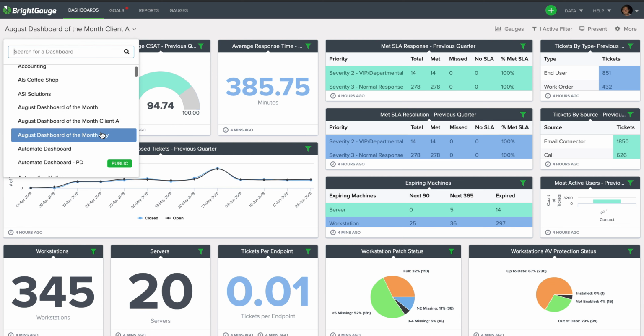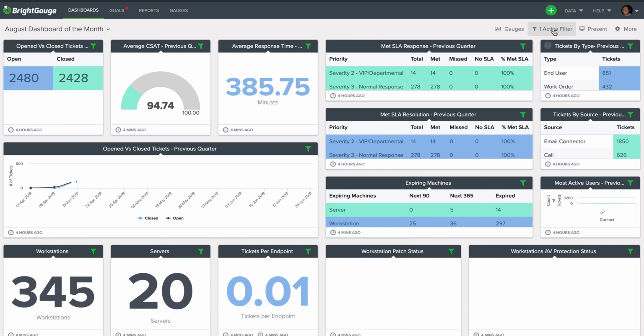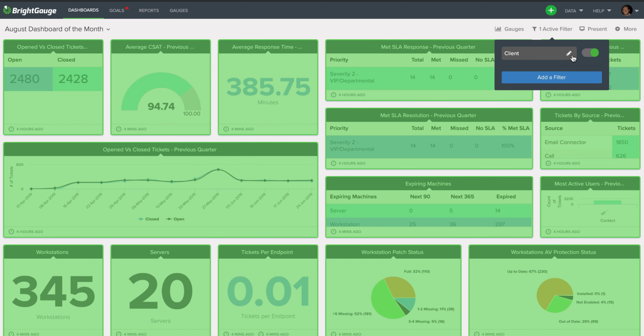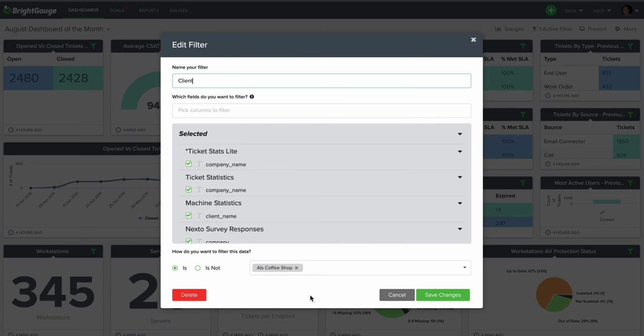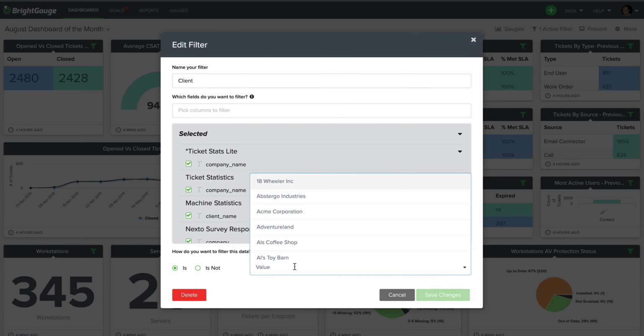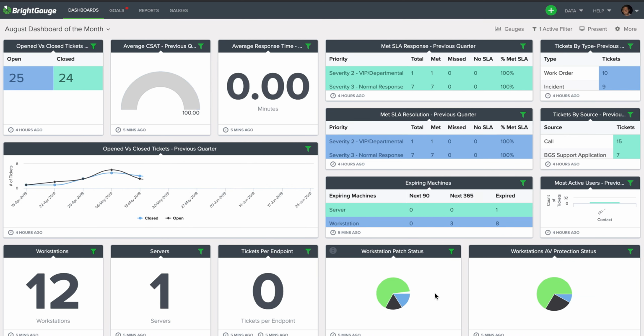Or, let's go back to the August dashboard of the month. Or again, you can just use this to quickly view and assess individual customers by coming in here and keeping the generic client name and swapping out the individual clients you want to actually see. So there's a lot of different use cases for setting this dashboard up. And then from there, there's a lot of value for you in how you choose to interact with either your team or your clients to disseminate this information and hopefully again, drive some revenue for yourselves and most importantly, show